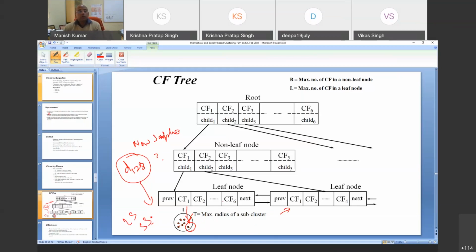The moment it will go, then there will be a change here, there will be a change here, there will be a change at this place. And since this point is actually going into the next sibling, there will be change in this also, and similarly there will be change in this also, there will be change in this also. Since these are very simple changes, because the calculation is very simple, only addition is required, these changes can be incorporated very easily.